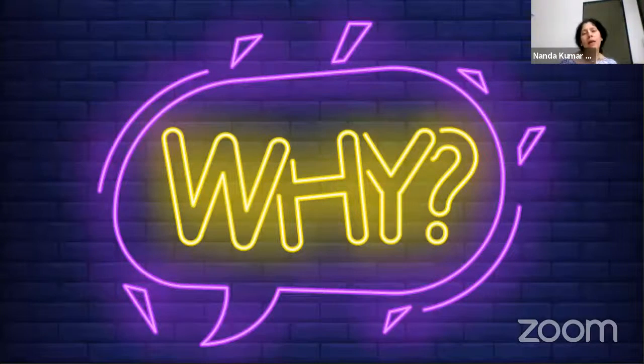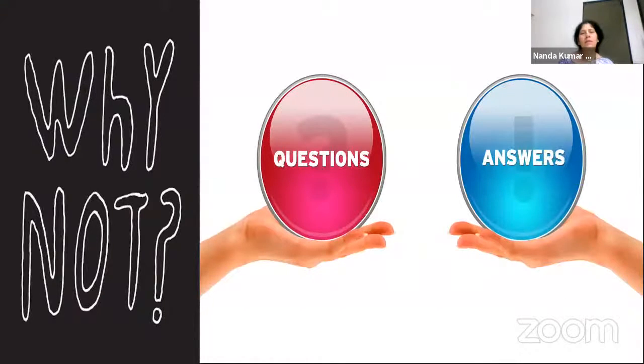So those who have raised your hands can wait for the next question. So the answer is, why not? Why should we not read the Bhagavad Gita when it was spoken directly by the Lord? Do we think that the Lord is any less important? No, he's the most important personality. And what is he doing there in the Bhagavad Gita? He's giving answers to, in fact, all the important questions of our life.